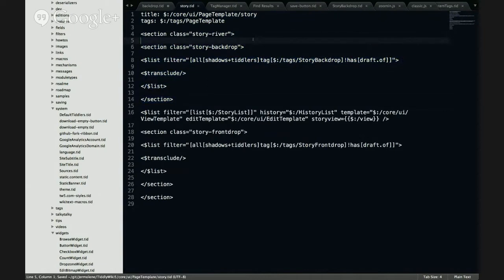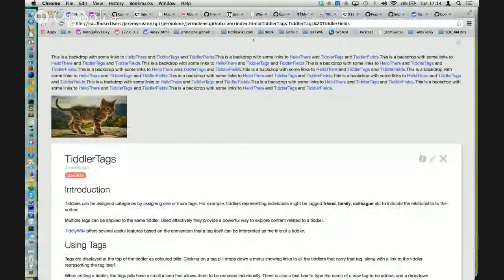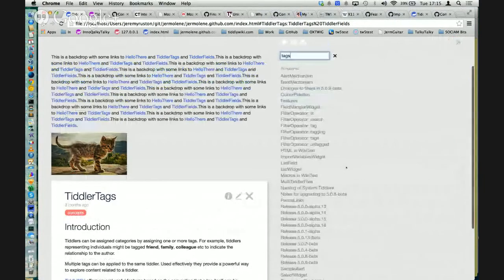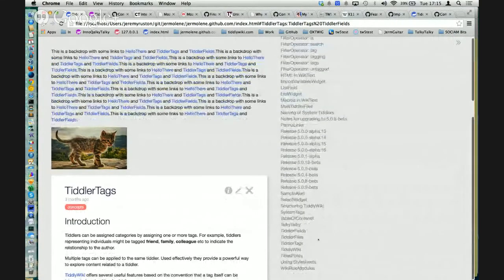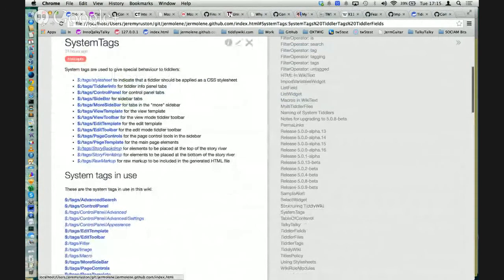So I don't know, it's possibly the sort of customization that allows people to make things that don't look and feel like a TiddlyWiki. It's quite deep customization. The concern I have now is whether we're going to end up with too many system tags. So I've added them here, but